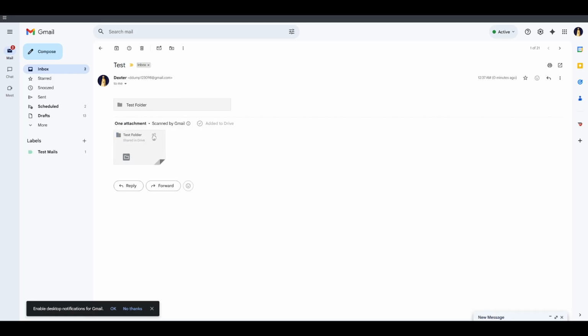That's it. Your recipient will receive your email with a single link, and when they click it, they'll open the entire folder in Google Drive and can view or download the files. This approach keeps large or numerous files organized, avoids attachment limits, and prevents clutter. If you'll need to update the contents later, just add or remove files in the Drive folder. Your original email link stays the same,